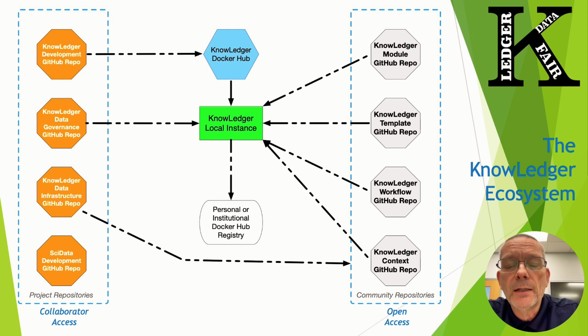In that way, what I mean is a GitHub repository can be forked by anybody in the research community, and then they can develop, for instance, a module that they think is important for their particular research work. Once they've developed it, they can then submit it as a pull request back to the GitHub repository. And of course, those that are administering the GitHub repository will then hopefully review it and then let it in